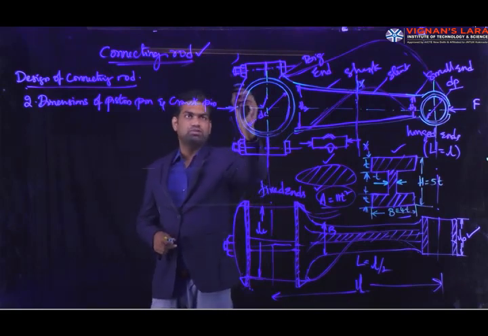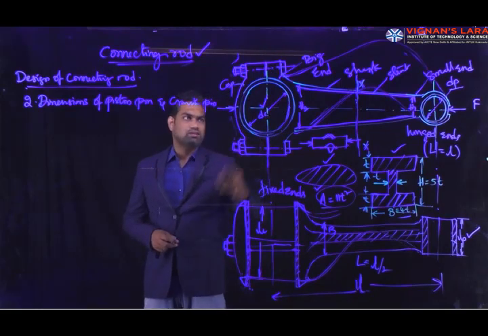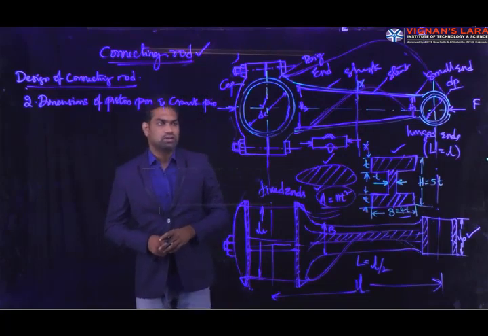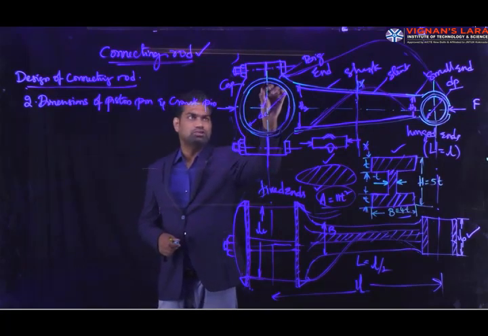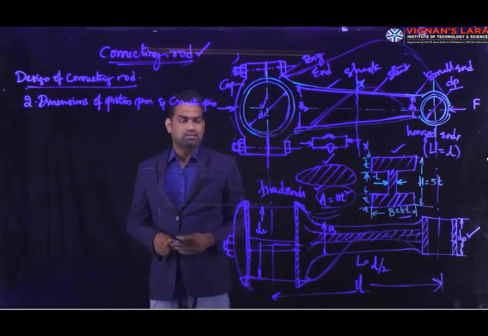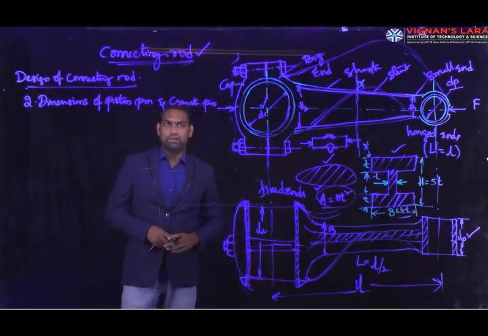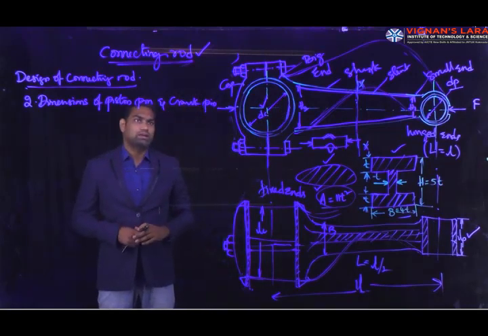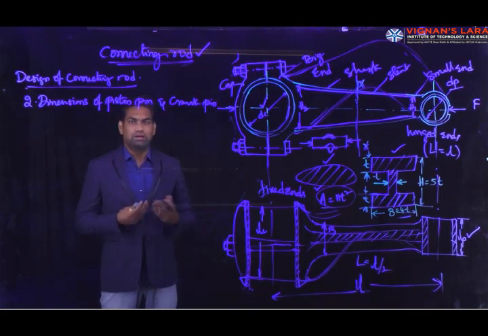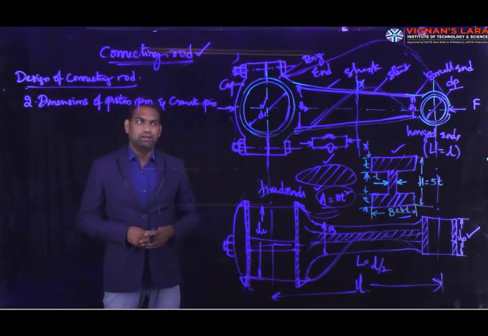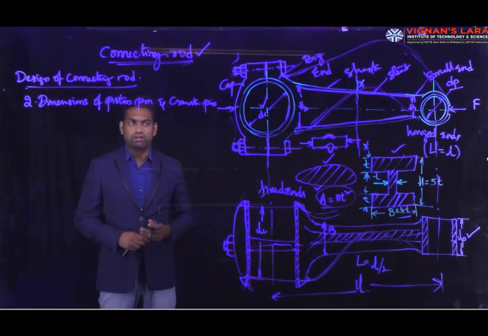So this is the portion of the cap, and the cap as well as the connecting rod are connected by means of bolts and nuts. Inside, the bushes are placed, which are called bushes at the crank pin. Here the bearing pressure at the crank pin is determined based upon the type of lubrication, the type of bush material, and the viscosity of the oil. So the bearing pressure acting on the crank pin is going to vary.